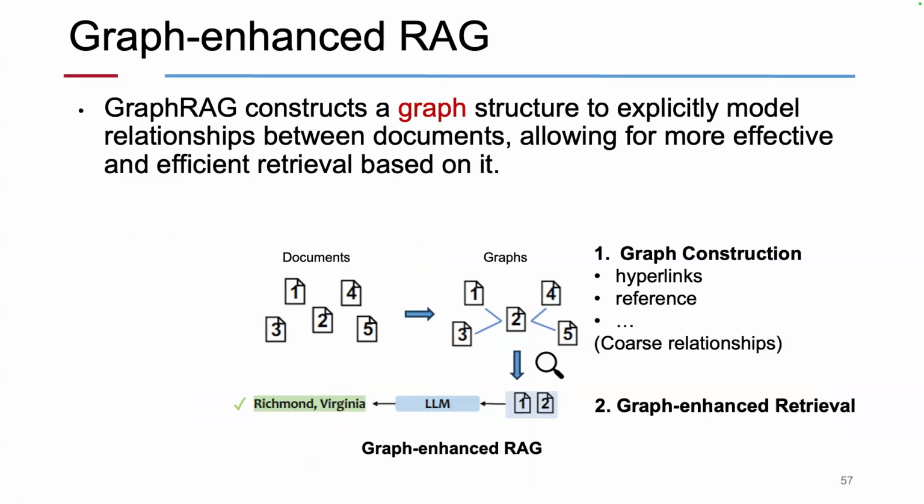For example, in a citation network, there are reference relations between the documents, and in Wikipedia, there are hyperlinks between the documents. But this kind of information only provides cross-document relationships and does not actually capture the factual-level information in different corpora. So even though we can utilize the graph structure to find the relevant documents